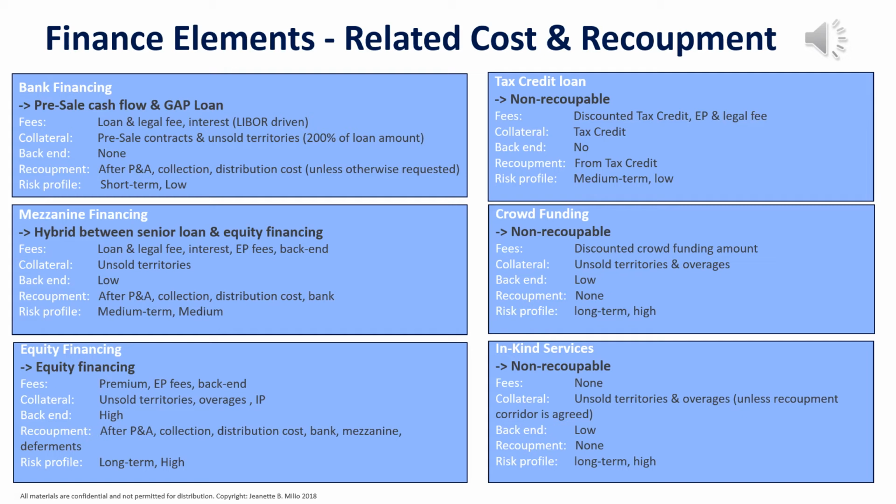And the equity financing is the next financing we're discussing. The fees associated to equity financing are a premium on the equity, sometimes an executive producer fee, which is usually when you have to squeeze in the budget and cannot deduct from the equity investment provided to you. So that means that somewhere you have to make room. You can't just increase the budget by it or ask the investor to deduct it from the investment. It doesn't work. And they will require a back-end profit participation,